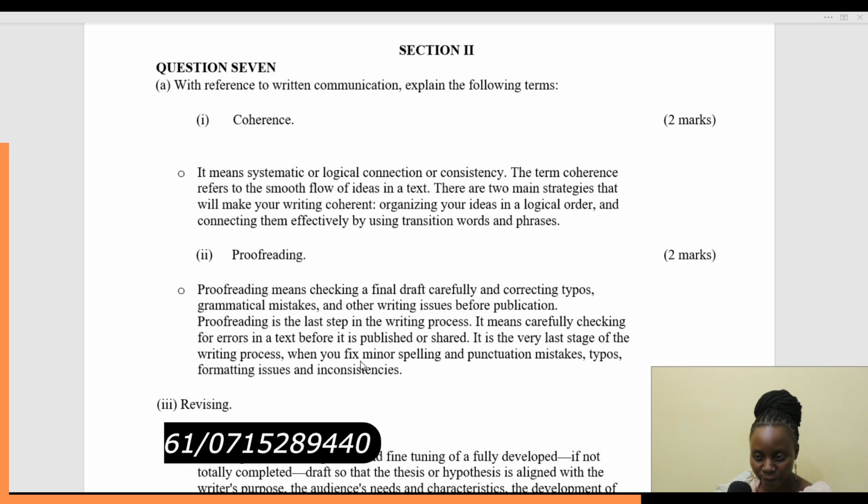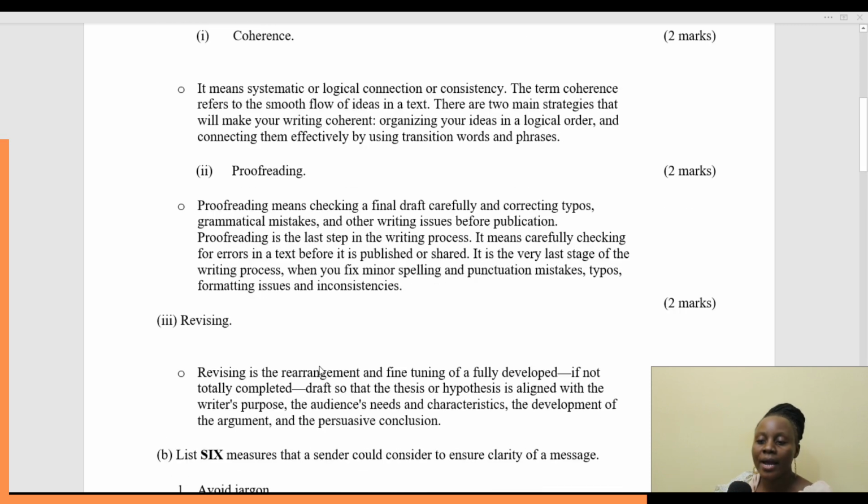So that is proofreading. And then last word is revising. And revising is the arrangement and fine-tuning of a fully developed, if not totally completed draft, so that thesis and hypothesis is aligned with the writer's purpose, the audience's needs and characteristics, the development of the argument, and the persuasion of the conclusion. So it's somehow, when you talk of revising, it's somehow same